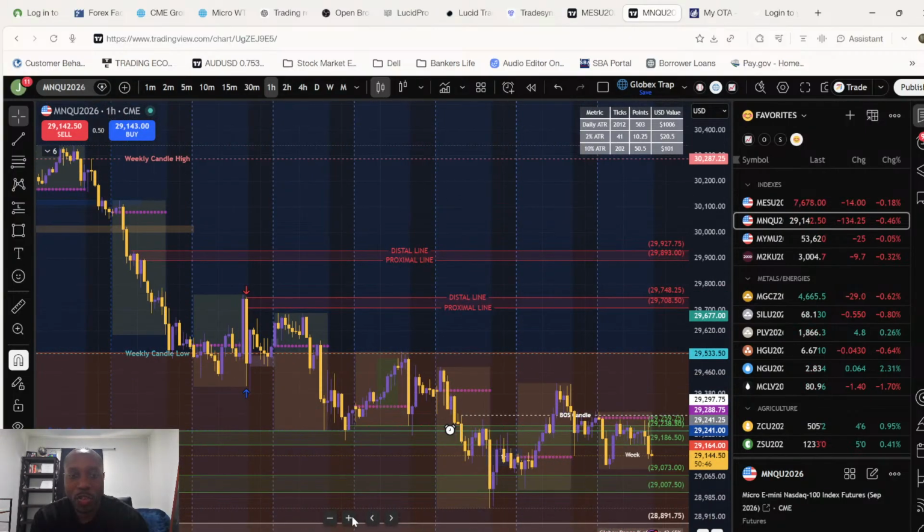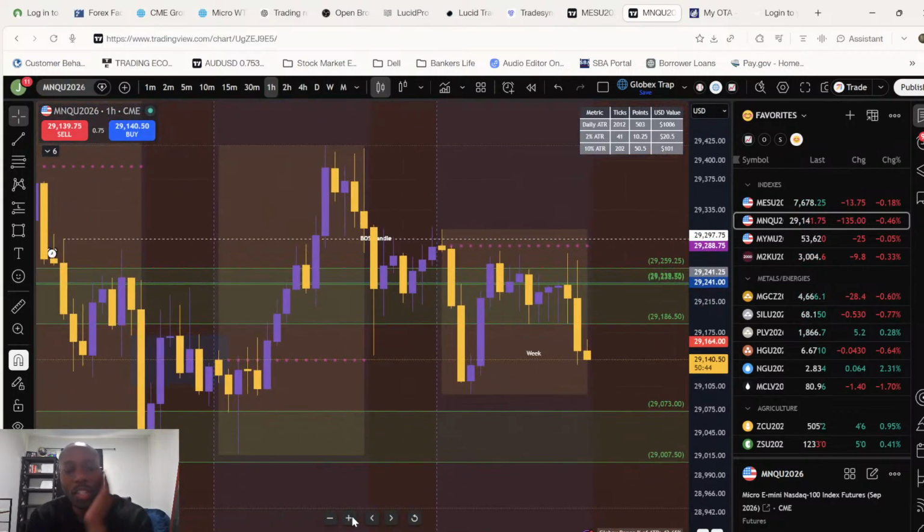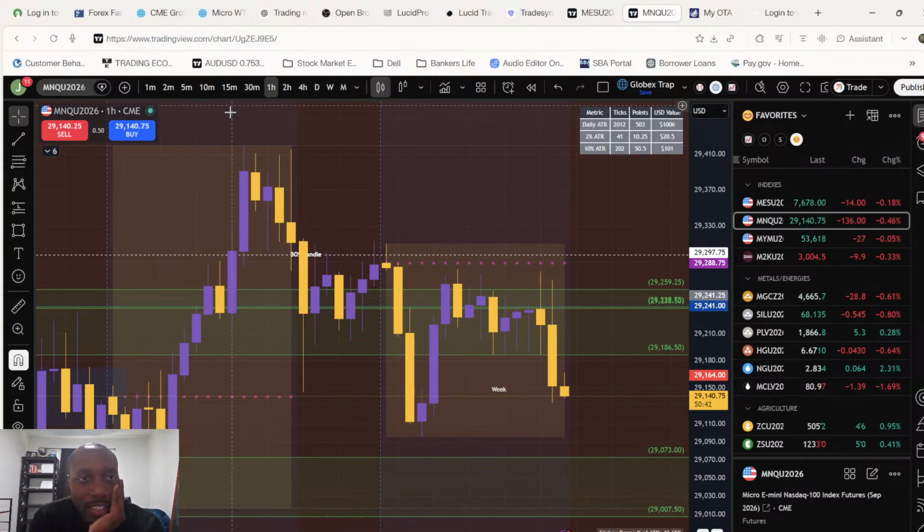Same thing on MNQ, E-mini NASDAQ. There's a 3 candle sequence here. We're having a gap being formed now, but again, the candle has to close. And we're talking about an hour candle, so that's 51 minutes away.